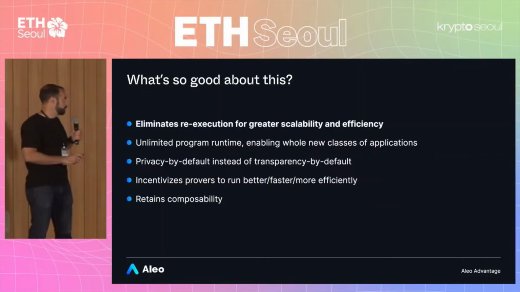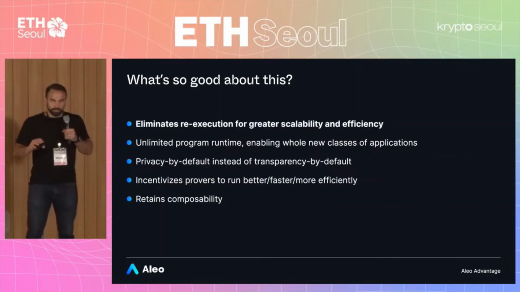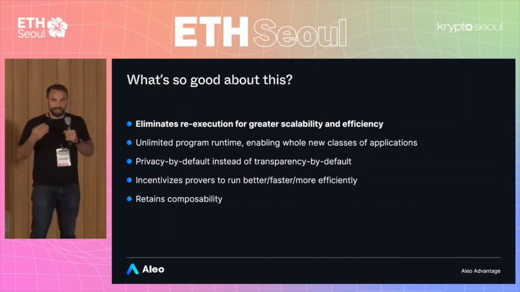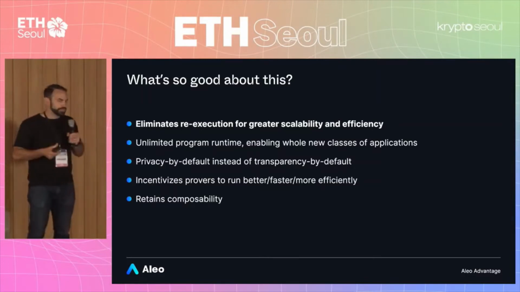Okay, so the first is, I think, at this point, we've all been to enough Ethereum meetups that we know that scalability can be challenging on Ethereum. And one of the reasons why scalability is challenging is that every single node has to re-execute every single transaction, right? And this is why rollups are oftentimes looked at as a really promising architecture, because it separates these two things, right? So when you separate execution from settlement, you get greater scalability and efficiency.